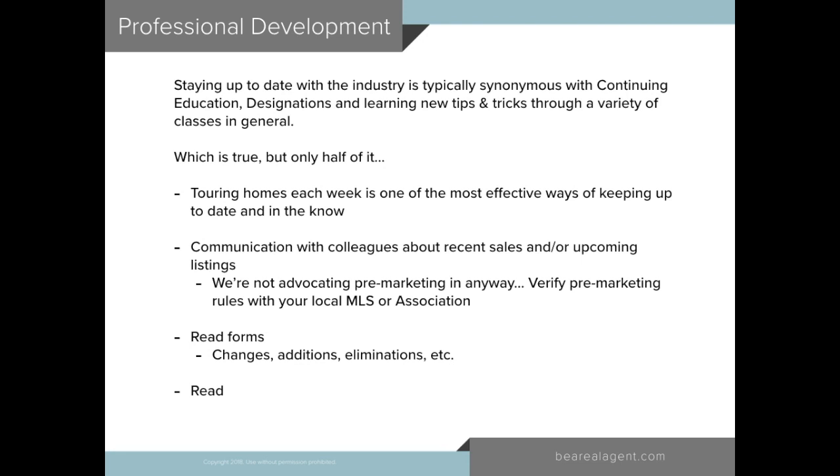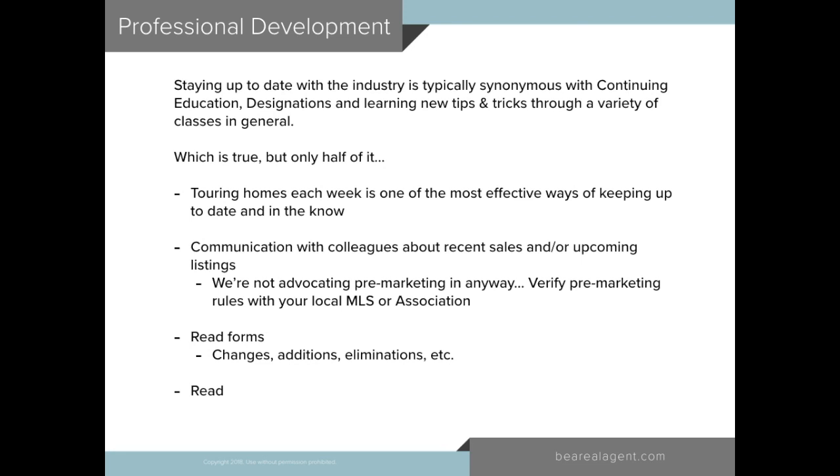So you'll notice that we actually allotted more time to professional and personal development than even marketing and advertising, transaction management, and those would be the things that you'd think would take up all of your time or should take up all of your time. But after our experience, we really believe that setting time aside every single week for personal and professional development will help your business substantially. And that's because you are your business. It's very interesting that we forget that. If you're not bringing in new clients, you're not making any money, and you're not happy. So it's very cyclical and very connected because you're just one person.